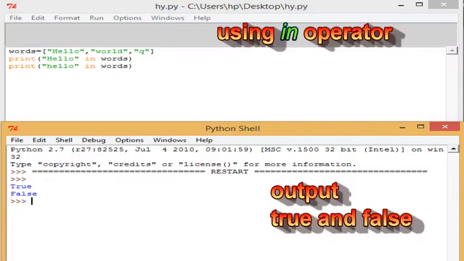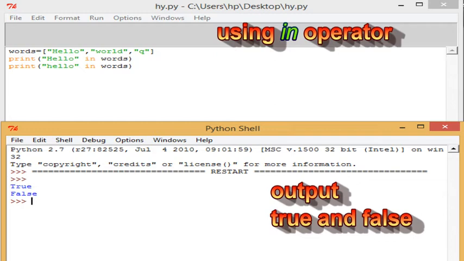So here we are writing a print statement. First of all, before writing the print statement, we need to define some numbers in a variable. After that, in the print statement, we write the particular thing which we want to search in that variable in which we have defined the list. As you can see, I have entered this in the Python shell. Whenever I enter this number, if the thing is present, we get true, and if the thing is not present, the output I get is false. The first time, when I had that thing in the variable, I got the output as true, else I got false because it was not present in the list.